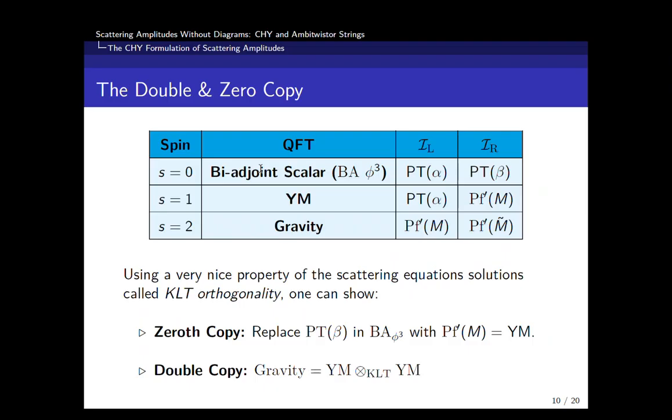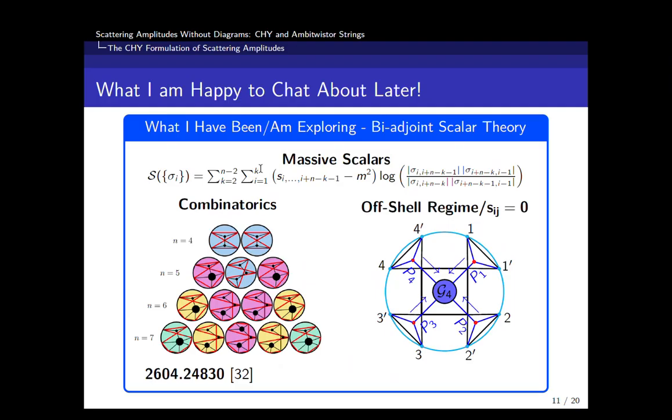And these aren't the only theories that you can get. As I mentioned beforehand, you can use various different integrands and different matrices encoding polarization and kinematics to get different theories. As well as using KLT, you can use various things like compactification and other CHY techniques like scaffolding, and you can build one theory from the other. So there's a really nice relationship between all these different theories. And what I've been working on, I'm just going to pop this slide up mainly to show off.